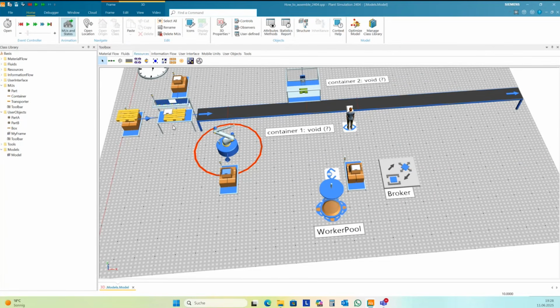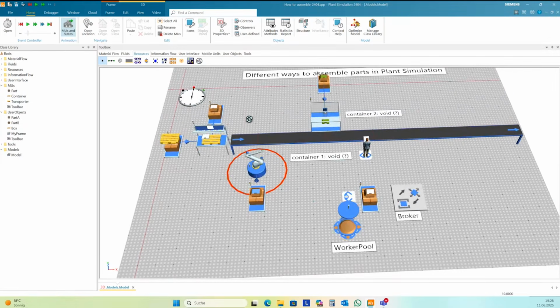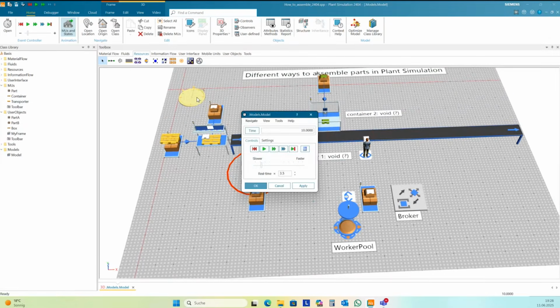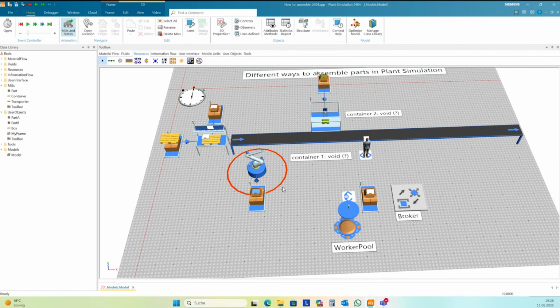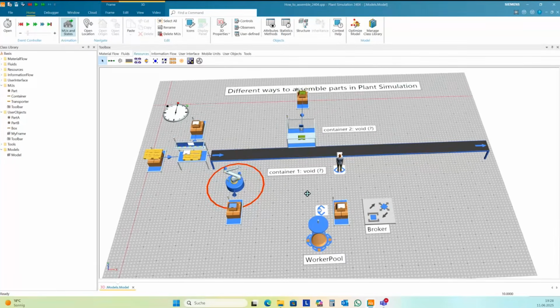And first we need what's wrong here? Okay, this is crazy.